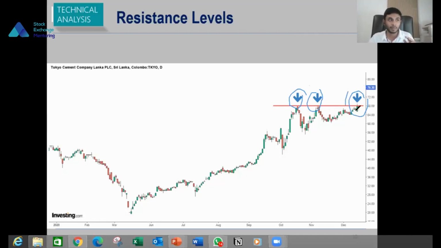It might break, but sometimes it might again reverse. The price can be rejected at these levels. But what you have to understand is that this candlestick chart gives us valuable information for this particular stock. 68 rupees had some psychological element. Whenever the price reached that level, it had some price reaction, some price rejection, or it could be a breakout. But what happened after that? In fact, Tokyo broke this resistance level and went up. However, this gave us some information. If you extend this line in your chart, it will be very useful for your future reference.